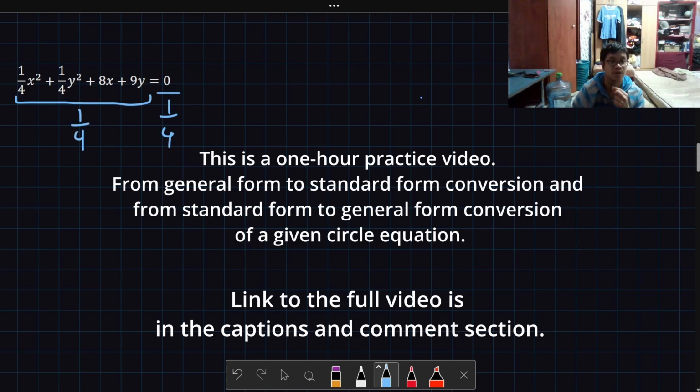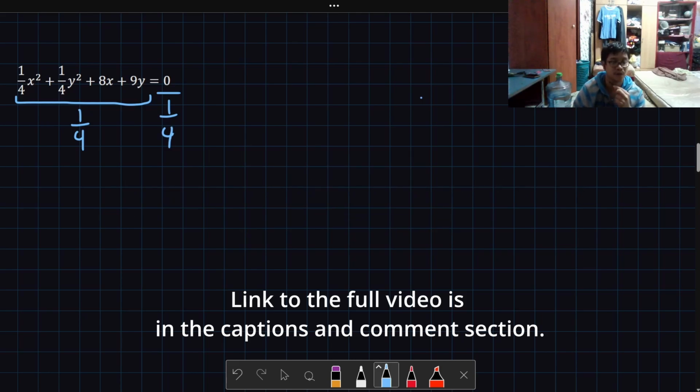Okay? So let's do it slowly. 1/4, let's start on the left. 1/4 x squared divided by 1/4 is simply x squared. 1/4 y squared divided by 1/4 is y squared. 8x divided by 1/4, all right, this would be